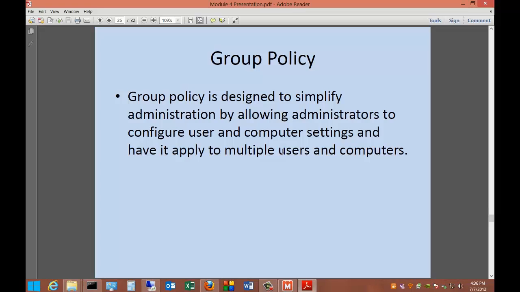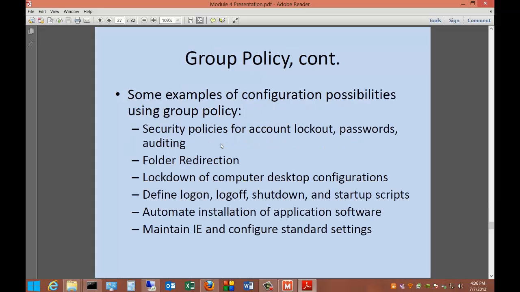All right, group policy. Let's talk about that for a minute. Group policy is designed to simplify administration by allowing administrators to configure user and computer settings and have it apply to multiple users and computers. Some examples are going to be such as what I showed you earlier with the password